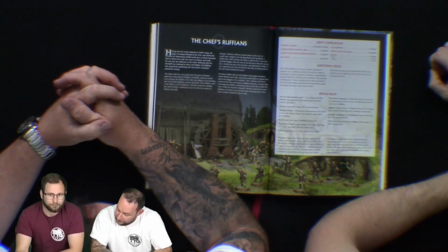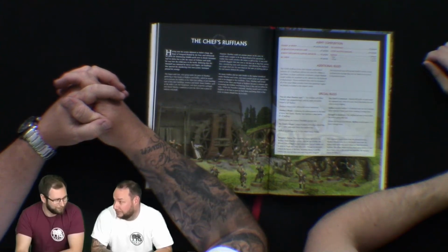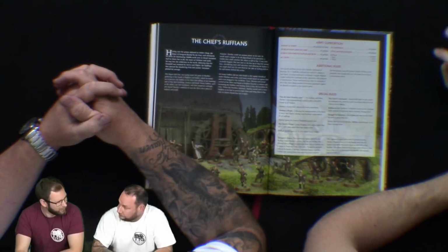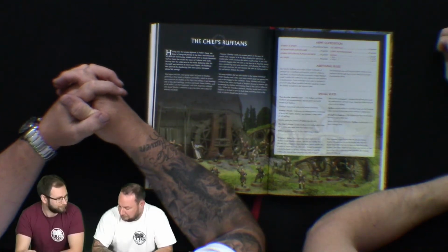Sharky's Standfast affects the entire battlefield. That is huge, especially for these guys, because they are low courage. So it makes Sharky a kind of target priority for you, doesn't it? Yeah, and if you're playing this army, Sharky is pretty much going to be at the back of